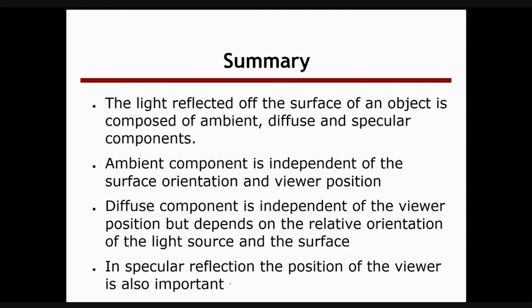The ambient component is independent of the surface orientation and the viewer's position, which you already know now. And the diffuse component is independent of viewer position, but depends on the relative orientation of the light source and the